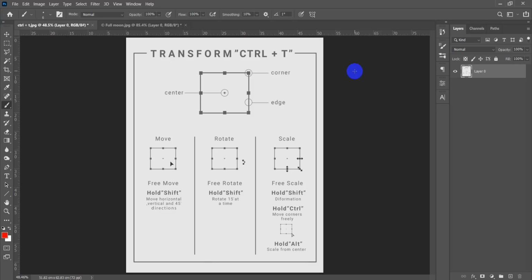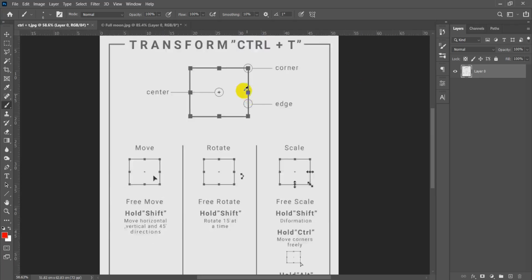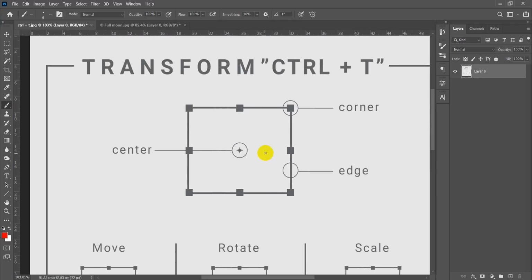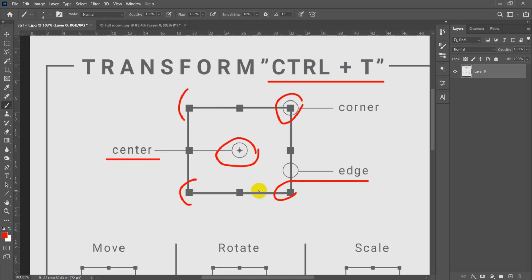Hello everyone, today is our third lesson and we will be starting with this Transform Ctrl T shortcut. As a starting point, let me explain the shape of this shortcut right now. It's basically a square with some corners, as you can see, and we have the edges of this square and the center of this transform